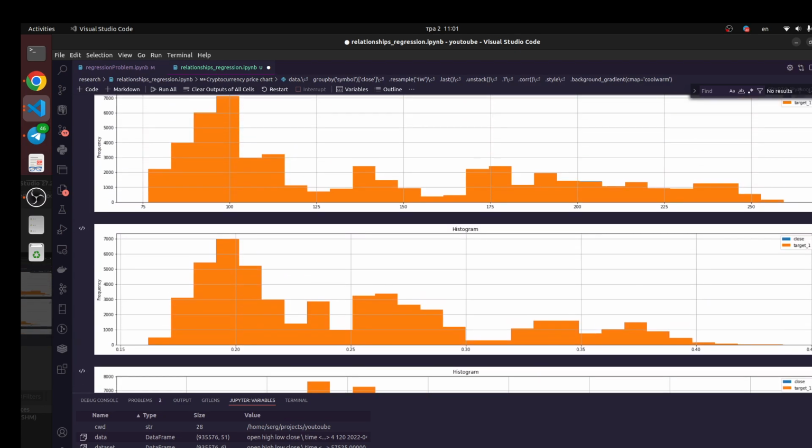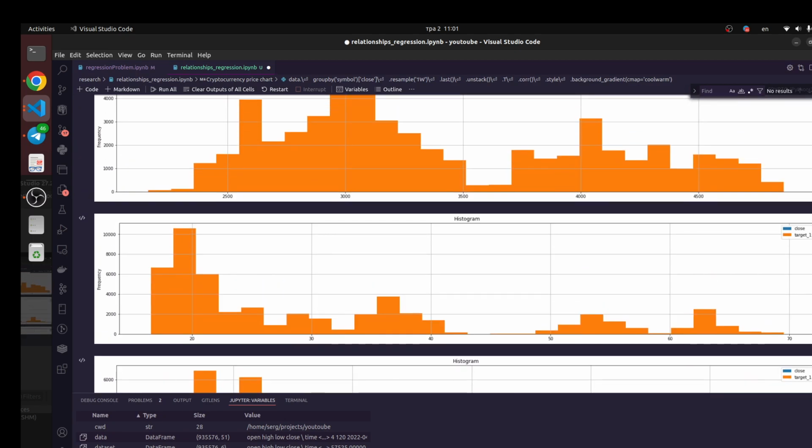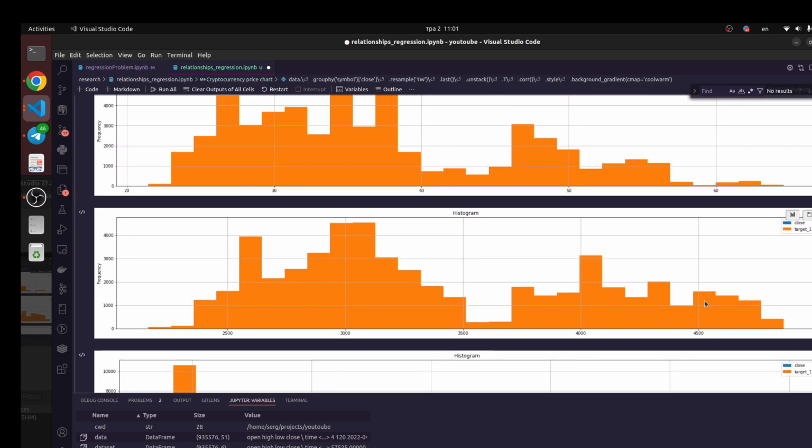Okay, let's look. Maybe it's Ethereum, because this is price, and you see, for example, price is 3,000. Price very often happens at 4,000, and